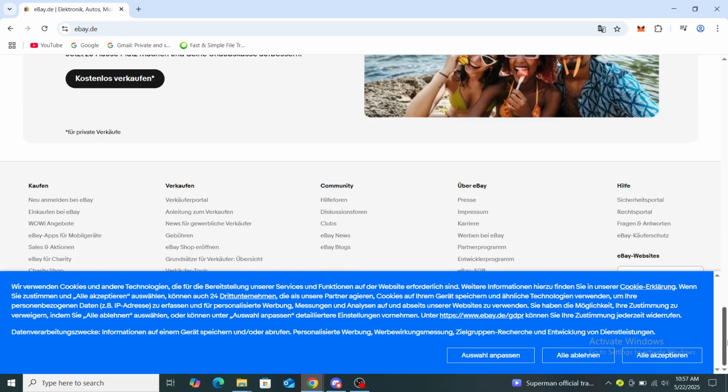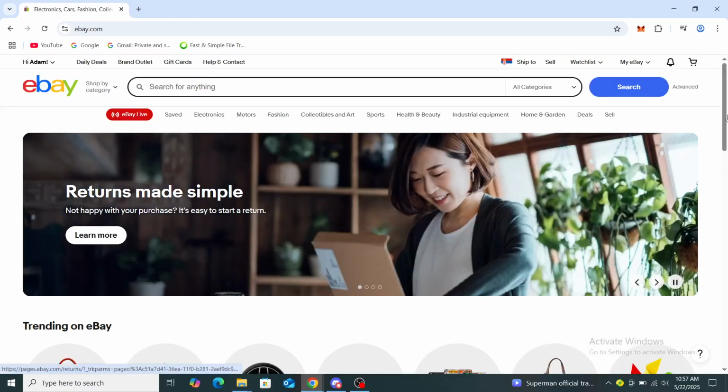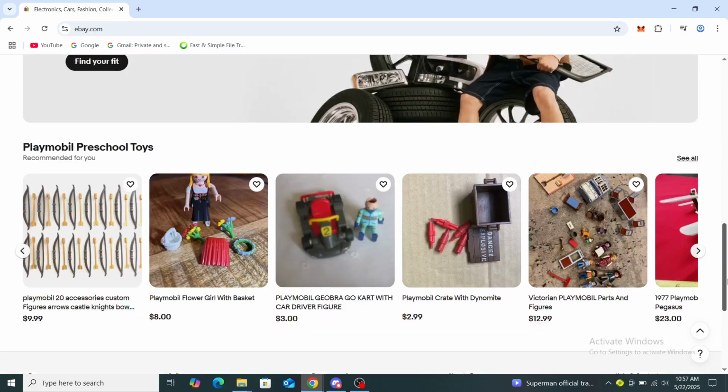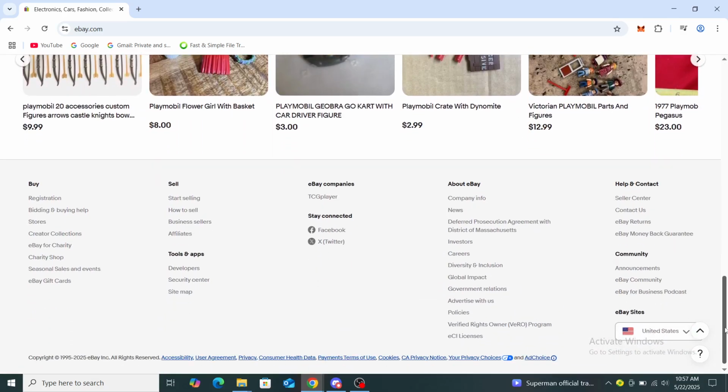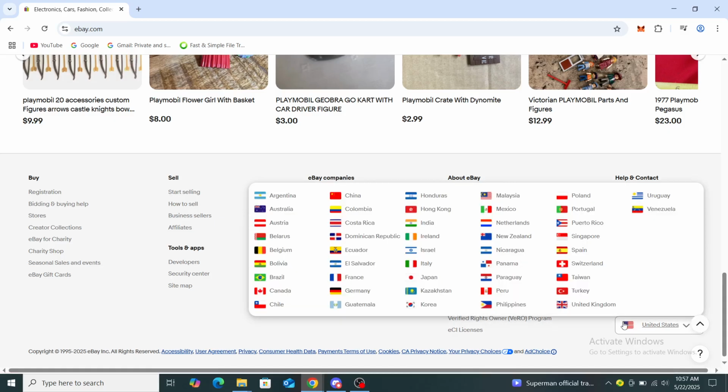You can even see it on here too, goes back to the original site or ebay.com. You're gonna see a very similar site, but it's gonna be again in US dollars. So that's about it. That's how you can change it. You will just need to change the version of the site that you're looking at through this bottom right corner